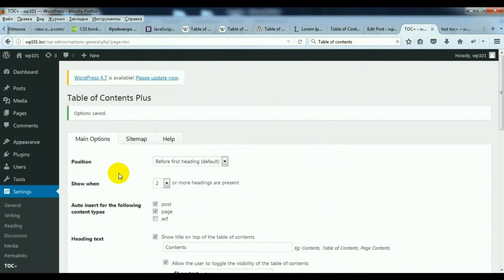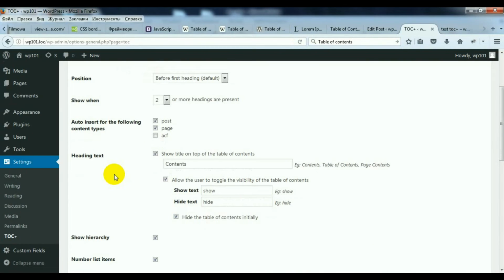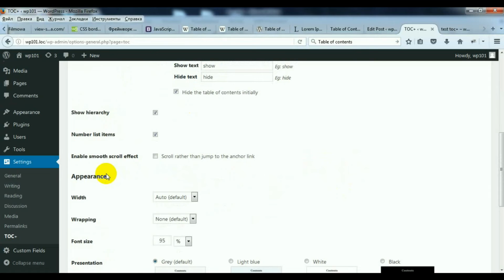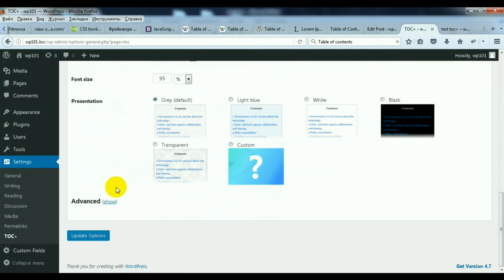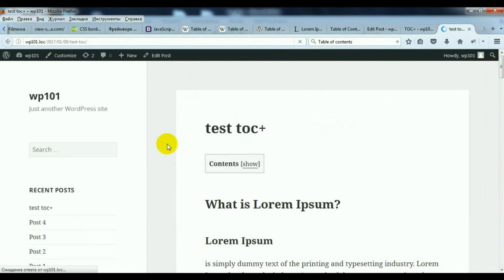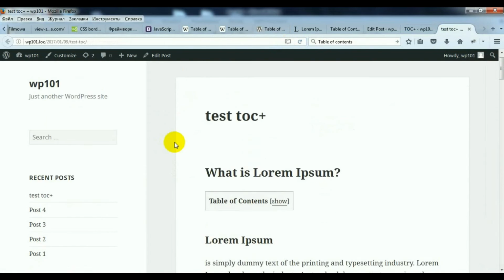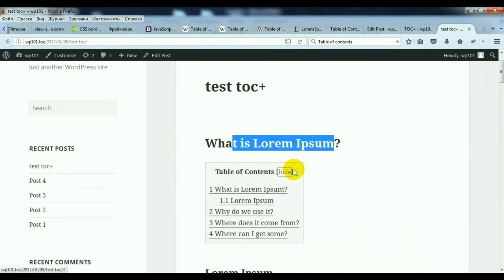Also, you can choose where to show it. You can change the text here. You can show it after the first heading, for example. You can change styles here. So now it's after the first heading.